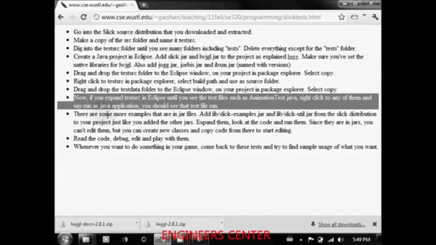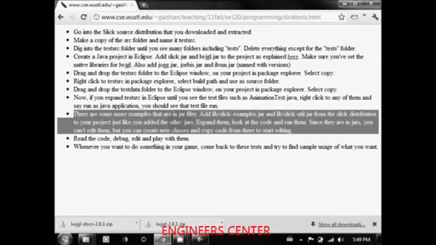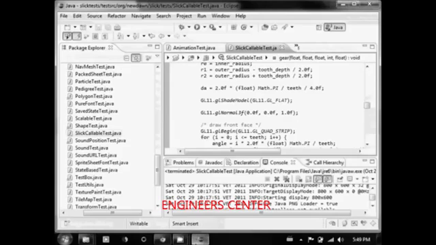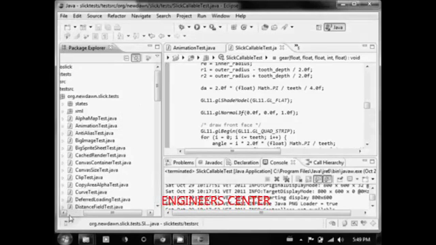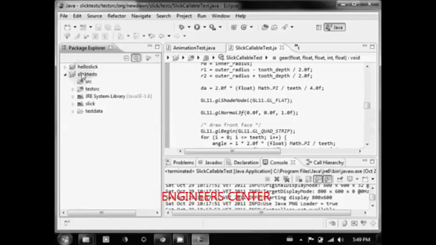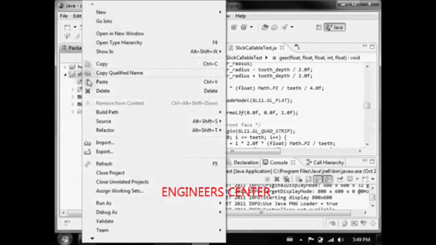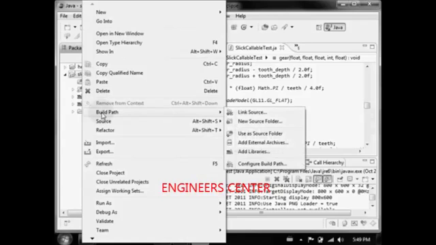Yeah, there are some more examples that are in jar files. Let's see them as well. What it says is to add lib slick examples jar and lib slick util jar from the slick distribution to your project, just like you added the other jars. So what we're going to do is right click, build path,